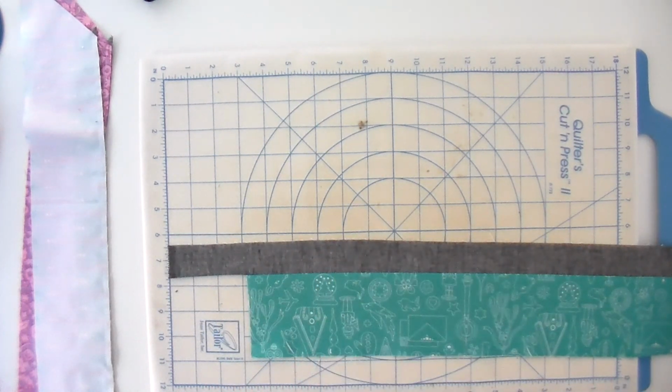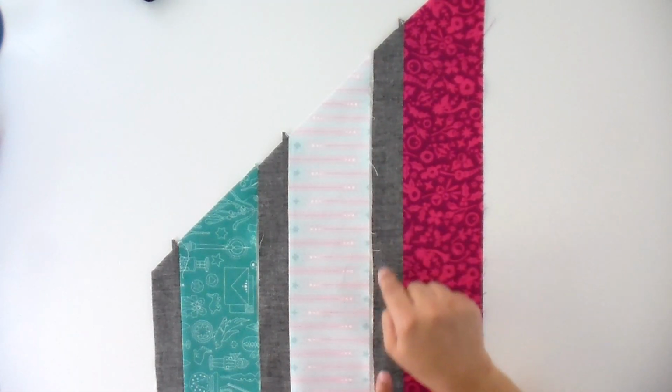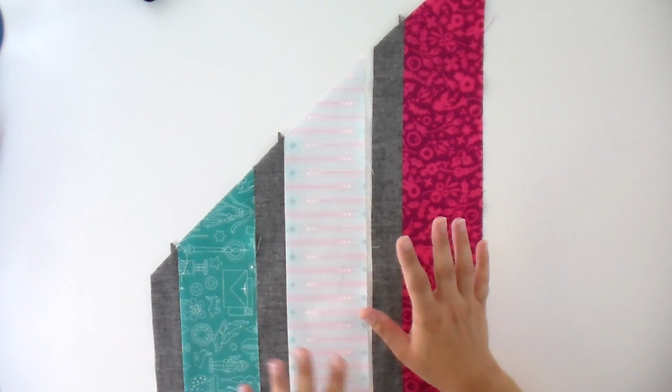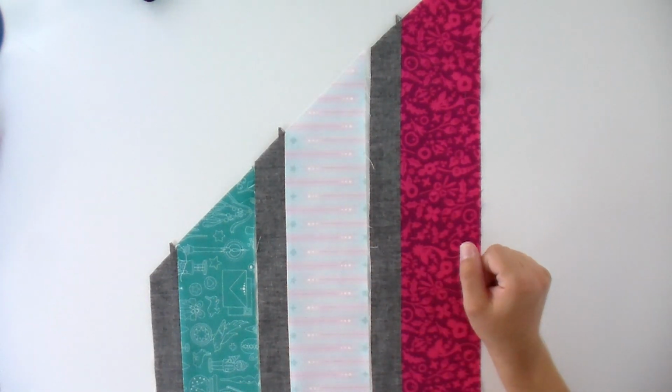This charcoal is great because it's very neutral and it contrasts with everything, and it just gives the eye a nice place to rest. When I do sew with an open seam, I do reduce my stitch length to 2.0. So we've got our 3 fabrics sewn to our nice little neutral piece, and this is what's going to make up our strip set. So I'm just going to add 1 piece, one at a time, and what I'm just